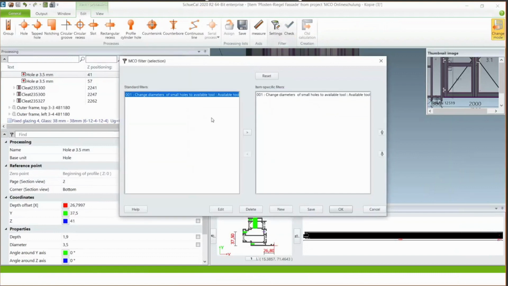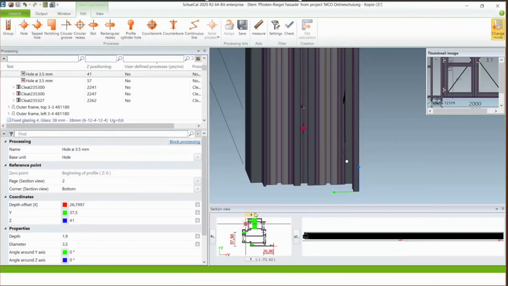Now you can grab this filter in every single item that you created before and that you will create in the future. It's a very good thing. And then you can press OK. We have also the option to activate the filter for every single item that you will create in the future.